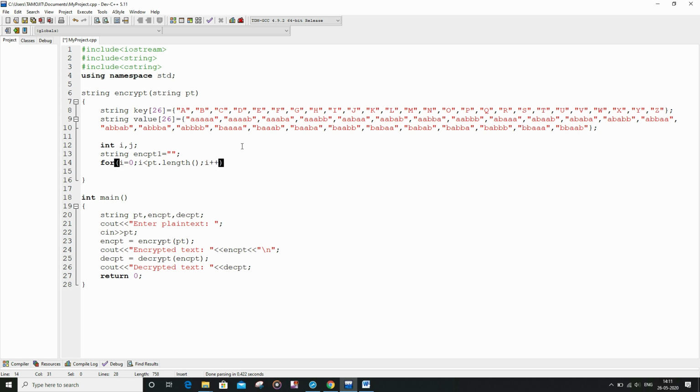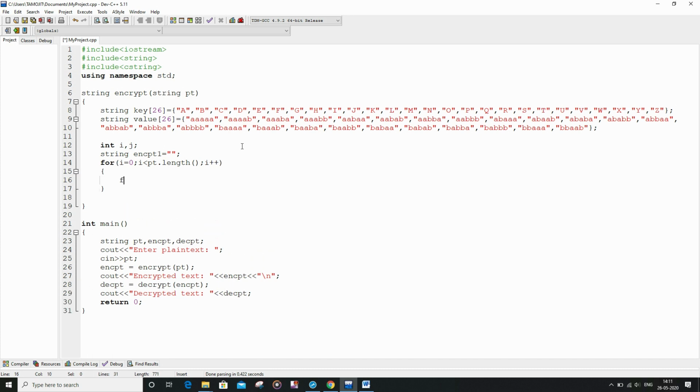Now inside this loop I am going to run another loop where the counter variable will be j. For j equal to 0, j less than 26, j plus plus.